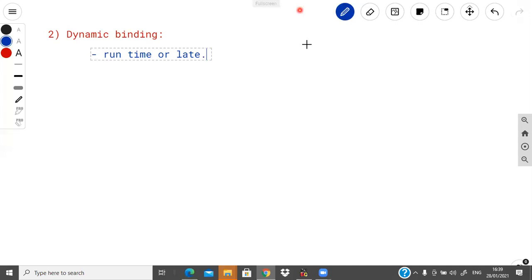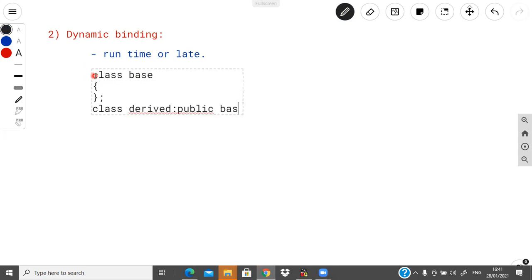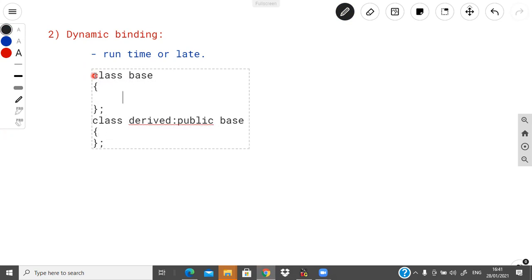Yesterday we saw one example also. In that, we define one class, suppose my class is base, and I can derive the class derived publicly from the base class. Then suppose I want to define the virtual function in the base class, because a virtual function is associated with the base class only.